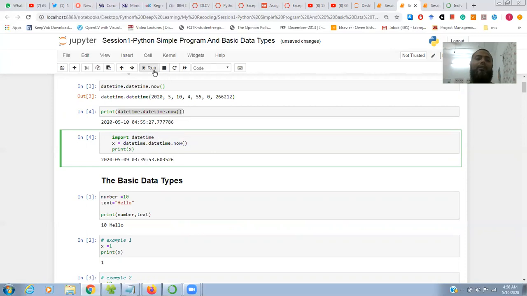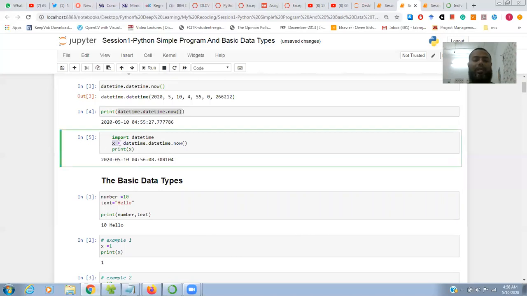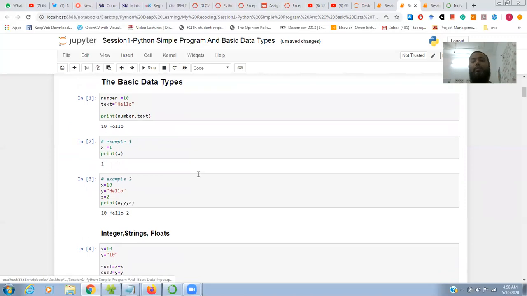So finally we get the same value, this one. In this code we can see how to declare a variable and assign data to that variable. In Python there are many, many data types.